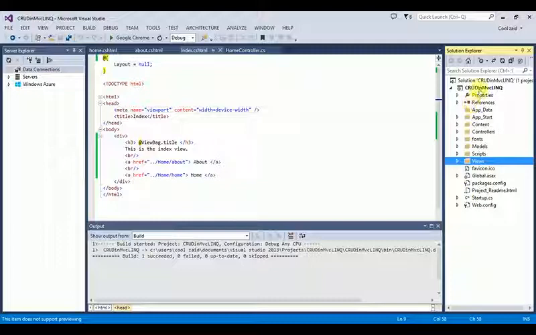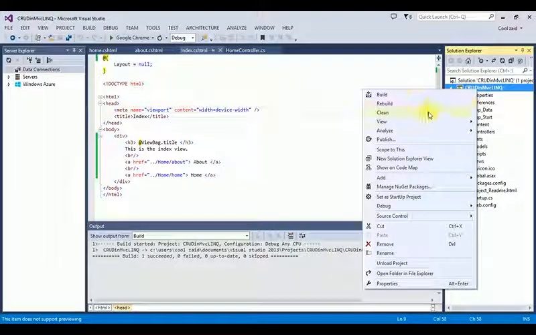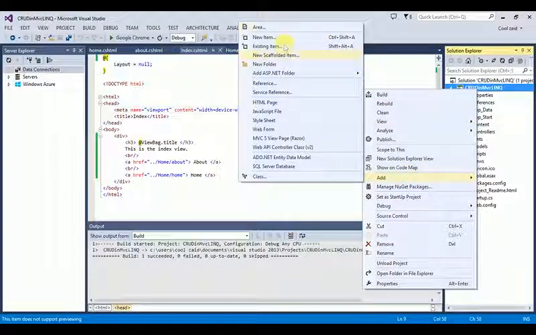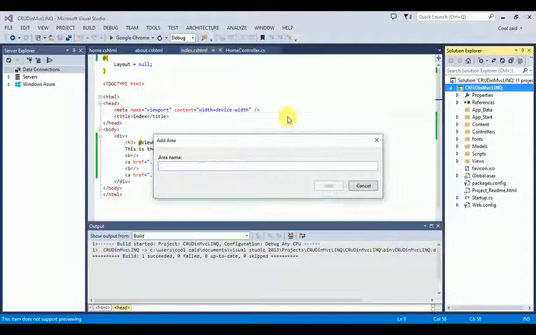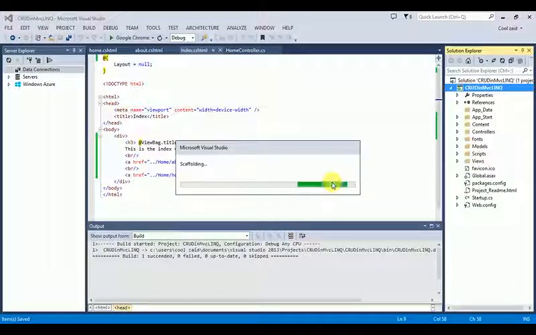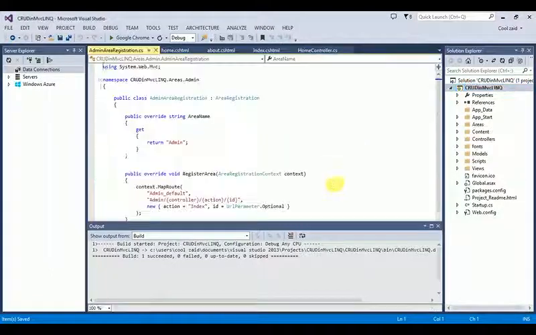For that you just need to right click on your application name in the solution explorer, then you can go to add, and inside that you will find an option to add the area. Inside the area you just need to write down the name of the area. So I'll be naming it as admin. When you click on OK, the area is created,